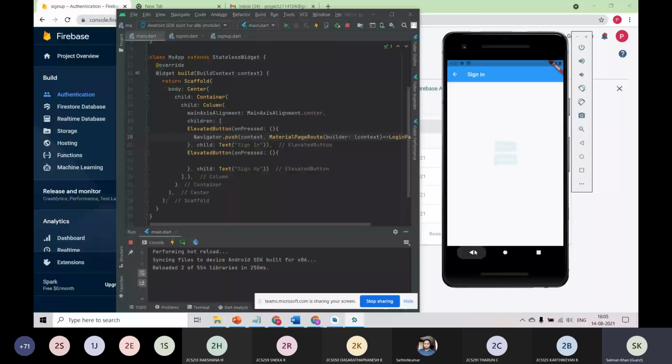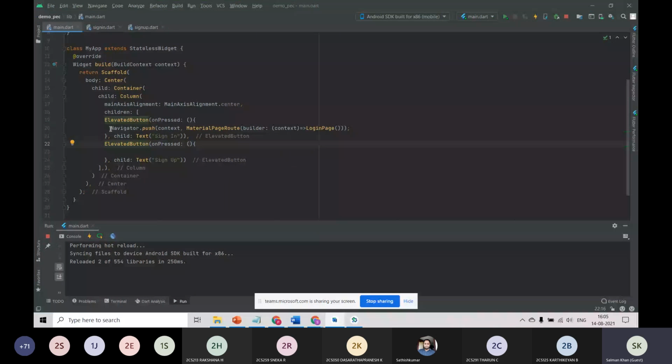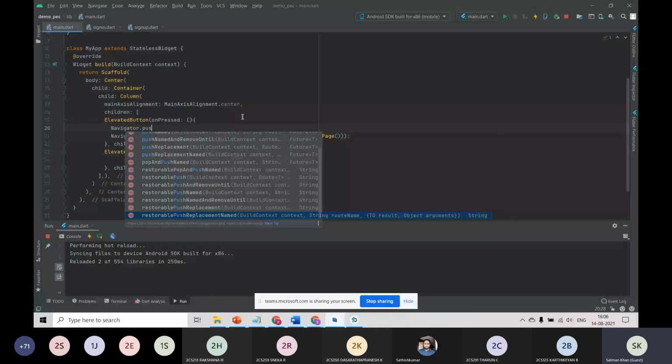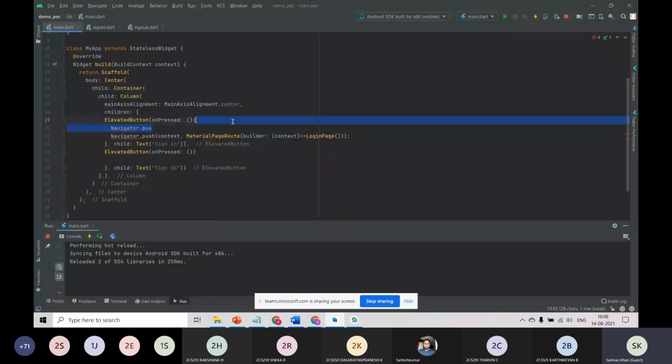For example, if you don't want the user to come back to this page, you can use the pop and push named methods here. For example, with the login screen, you don't want the user to come back after logging into this application. You don't need to show the sign in page. So there are more methods here which you will come across when you're developing. For simple starting purposes, I will just use the navigator.push method.